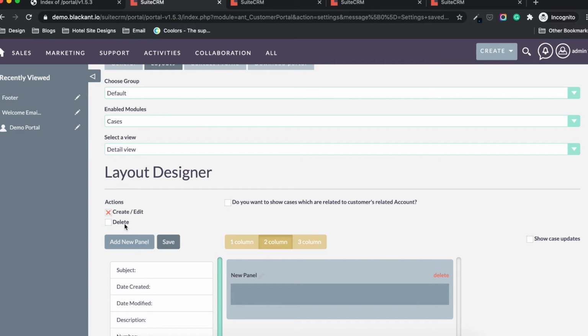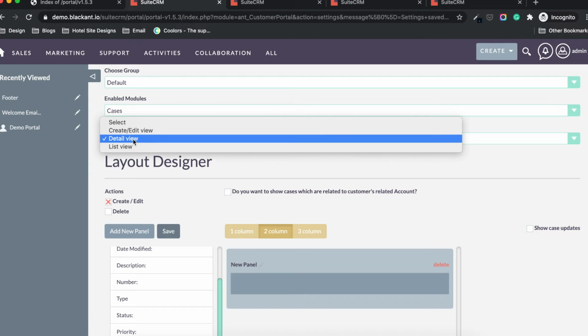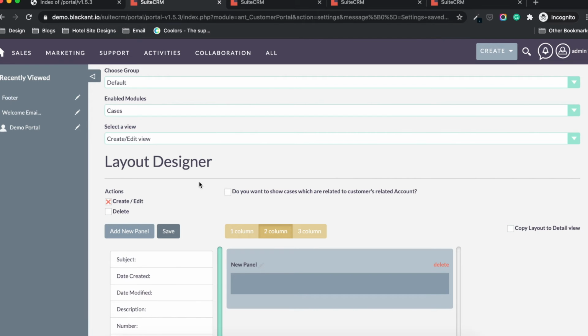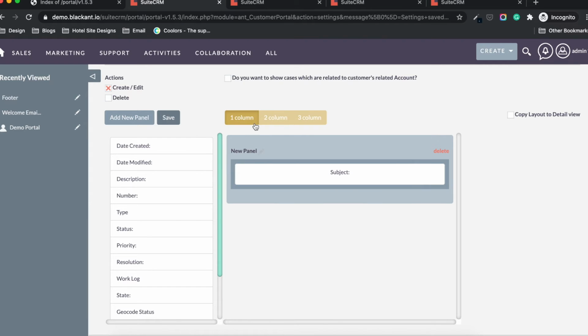The same actions: if you don't want the customer to delete a record, you just leave this checkbox as it is. I'm going to choose some fields. I'm going to use a single column now.